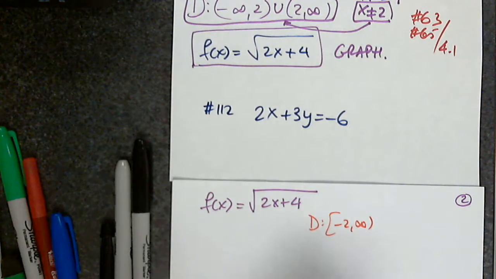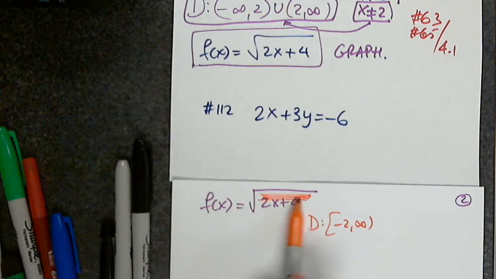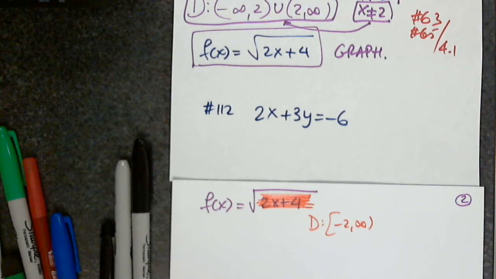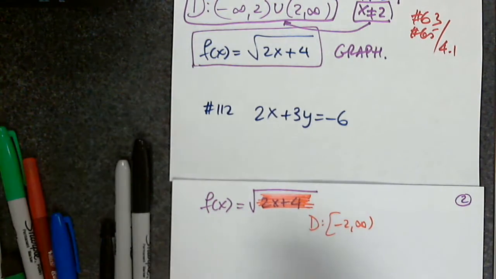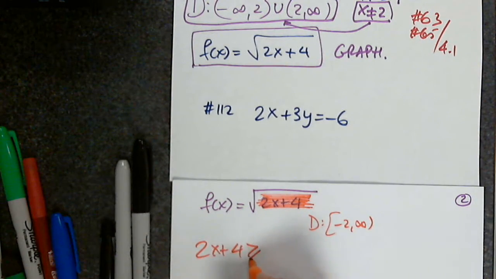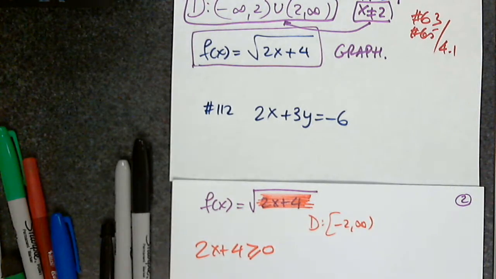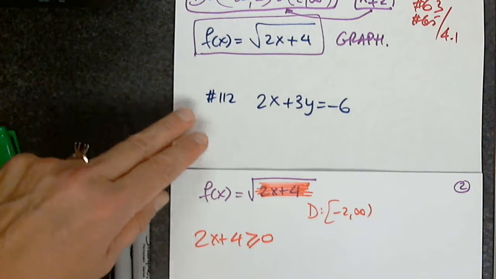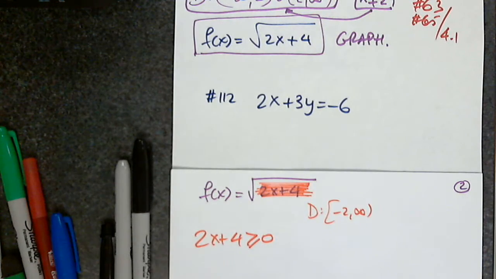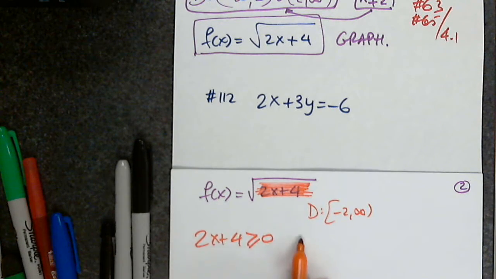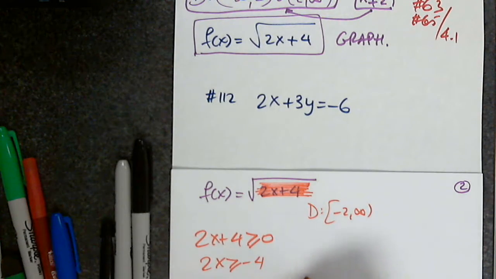So the reason is, remember, when we have a square root function, whatever I have under the square root must be greater than or equal to 0. Now, if this quantity is in the denominator, it cannot be greater than or equal to, but it's not in the denominator. So I have to state the restriction. Please try not to forget this. I mean, for some reason, I'm not sure why, my students don't like square roots, and always forget to state this restriction. Move forward, divide by 2, so 2x greater or equal to negative 4, x greater or equal to negative 2,